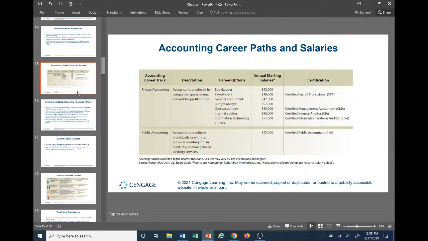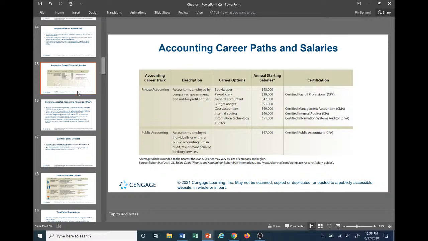The quickest way to a C-suite, if you want to be a CFO or CEO, is probably through that of the accounting path. Most of the times, most CFOs and most CEOs are that of a CPA or have a very strong background in the accounting side or finance side of business. That's not to demean or say the other areas of business are not important, because they are just as important. This is just a piece to the puzzle, and every piece is just as important to make up the whole picture that we're looking at here.